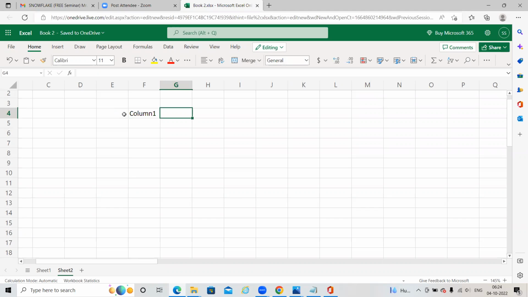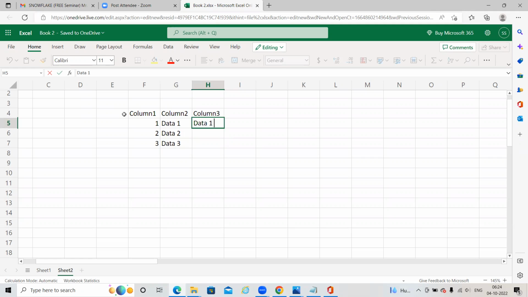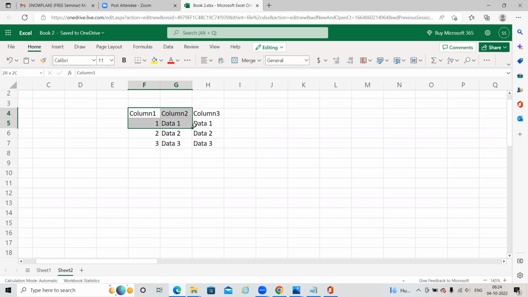Column 1, column 2, column 3. Data 1, data 2, data 3, data 1, data 2, data 3. So this is our traditional database data storage in a table.